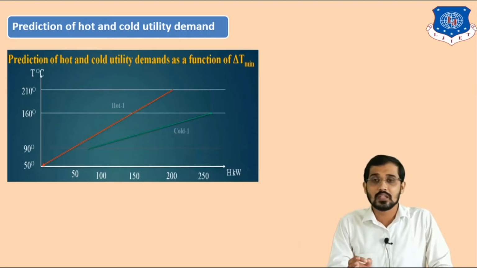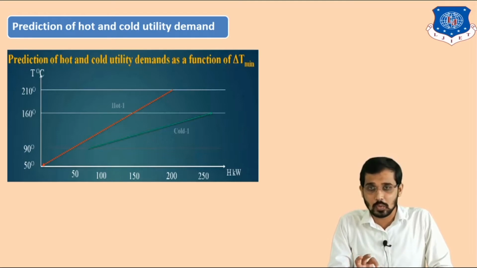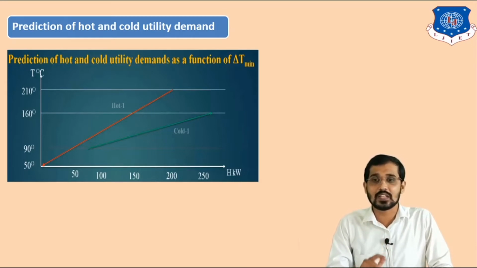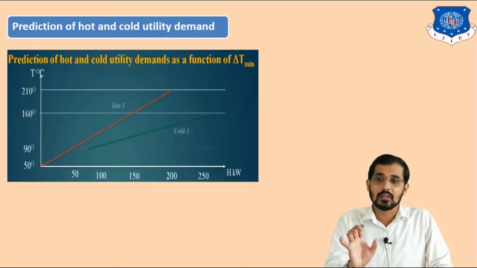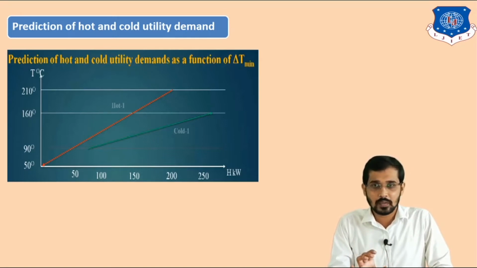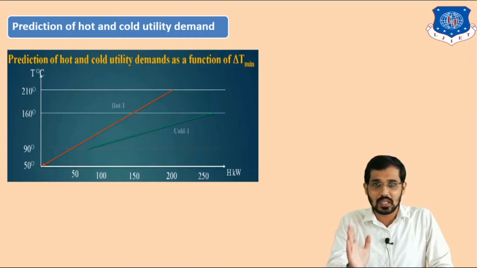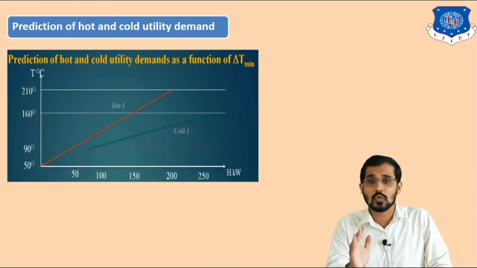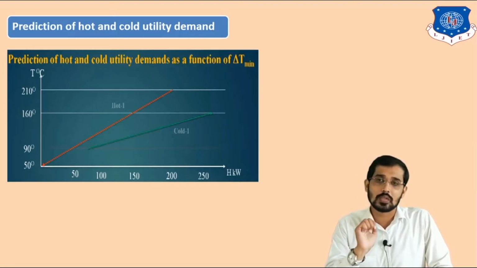So delta T is the driving force for the heat transfer. If this delta T is equal to 0, that is, delta T minimum is 0, the heat transfer will be 0. I will show that graph in the next slide as well, but before that you can see on the screen, this is the diagram for the TH diagram. You can see on the y-axis there are the T values and on the x-axis the H values, and there are two streams available. The first one is the hot stream, which is shown by the red line, and the green line is your cold stream.